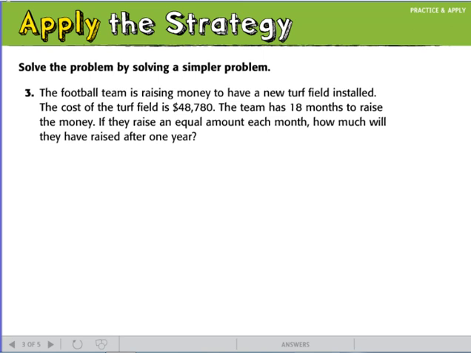After 1 year. So they have 18 months. That's how much they need to raise. They're going to raise the same amount each month. So we're going to set it up. This is the first part of the problem. There is a second part of the problem that I will let you worry about. There's actually a second and a third part. So,